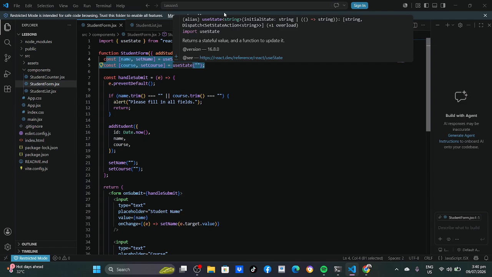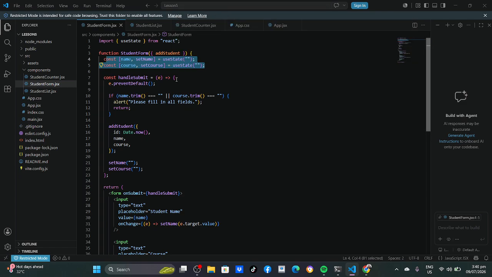Next is the handle submit function, where this preventDefault, as you can see in here, prevents the page from reloading when the form is submitted.